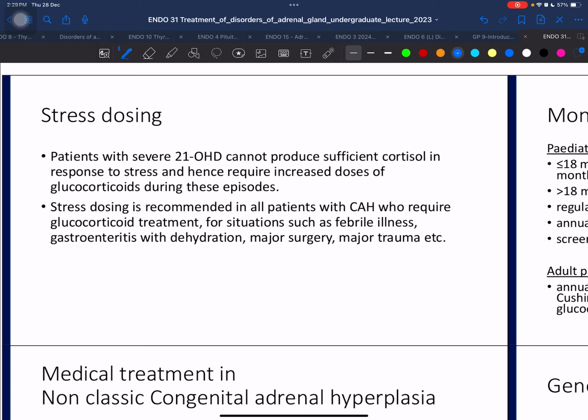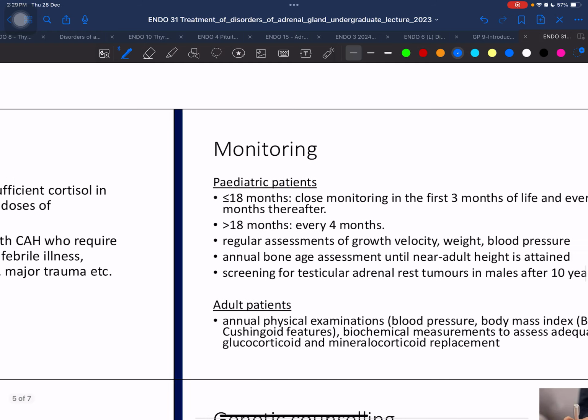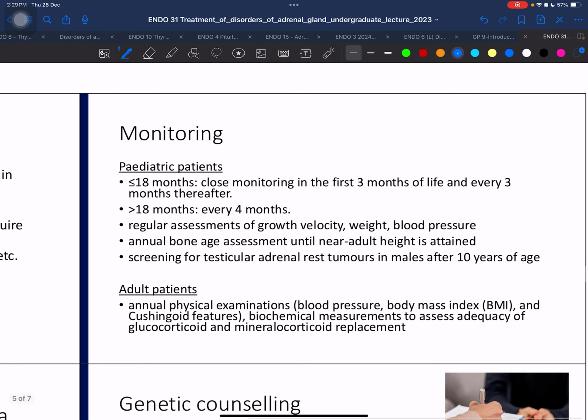Monitoring, okay, for pediatric patients, this is the suggested monitoring guidelines. Of course, guidelines will change from time to time. By the time you graduate, probably the guidelines would have changed again. So you need to go through the new guidelines during your time. So it is advisable to have close monitoring the first 3 months of life and every 3 months thereafter, because the patient is at a very fragile age, okay, and you want to monitor closely so that the patient has adequate growth. Once the condition is stable, more than 18 months, you can monitor every 4 months, and during each